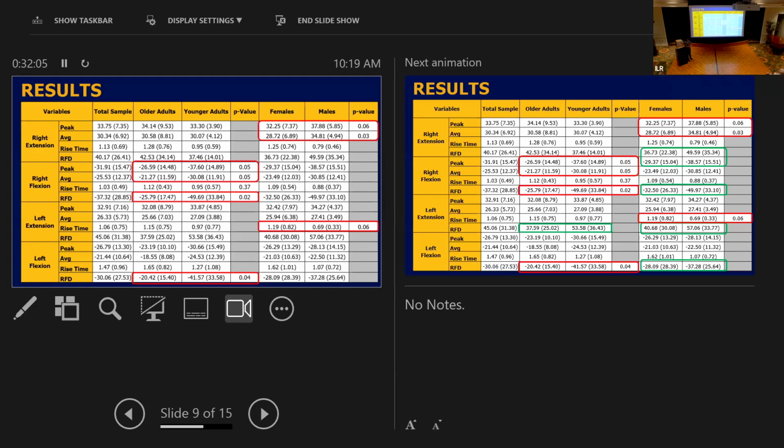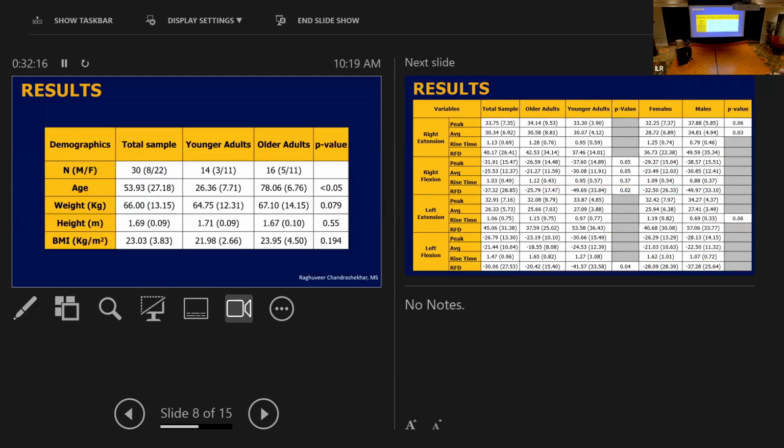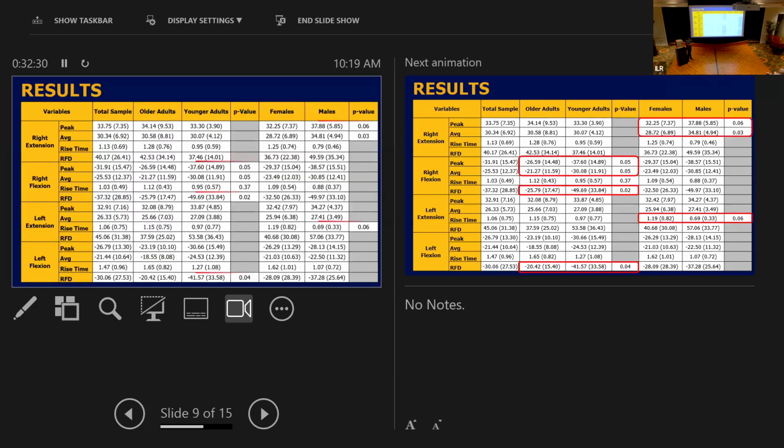And as you can see, between males and females, I did not highlight too many, and you don't see as many differences that are statistically significant, mainly because, I'm gonna go back one slide just to show you all that, the distribution between males and females is a little skewed. We had 22 female participants and 8 males overall. So we did not see as many significant results between males and females, but we do see a lot of other variables that